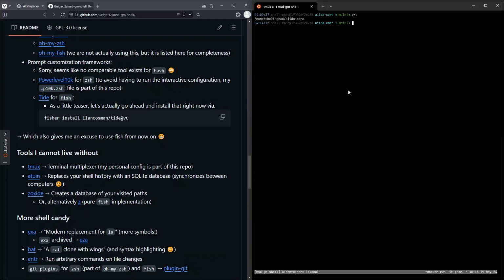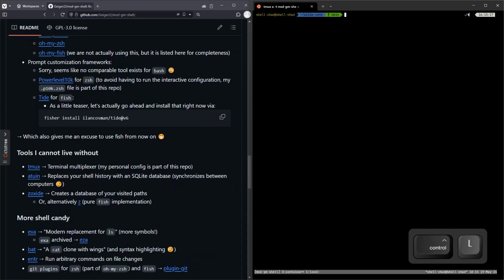So if we enter here in the container, so now we're actually running bash. If we enter now Z shell, okay, it's not updated here now. You can see, all right, your prompt already looks like this. So again, you have the time. In principle, the same information that we were seeing before, but just displayed in a bit of a nicer way. And for fish, I'm actually using Tide here. And so just to show you what fish is about,